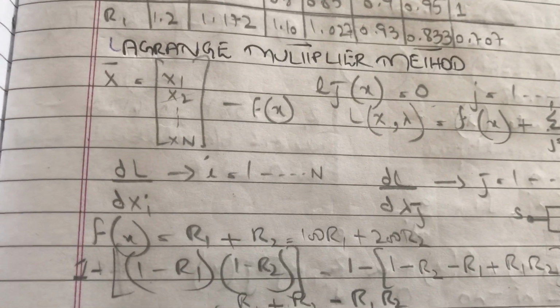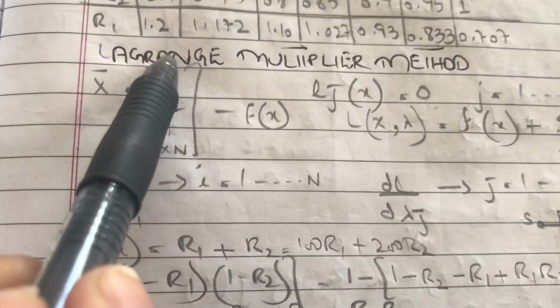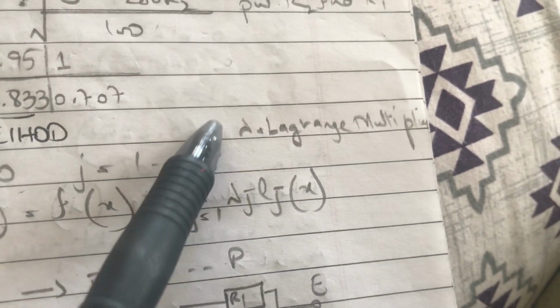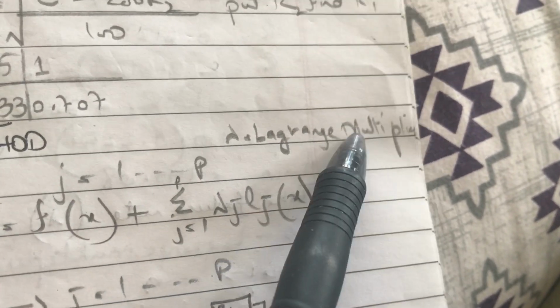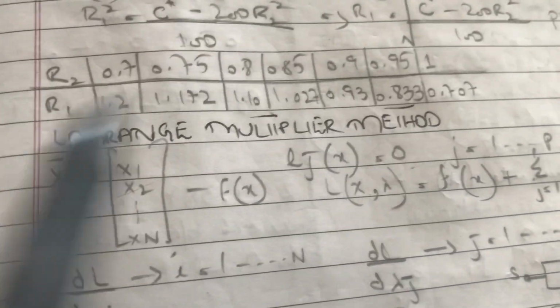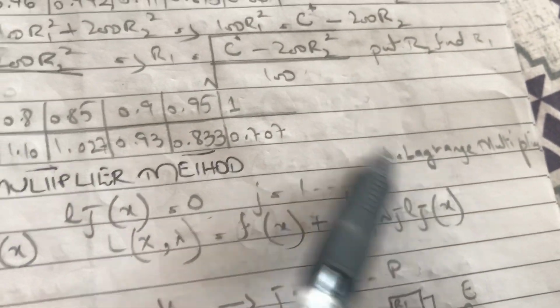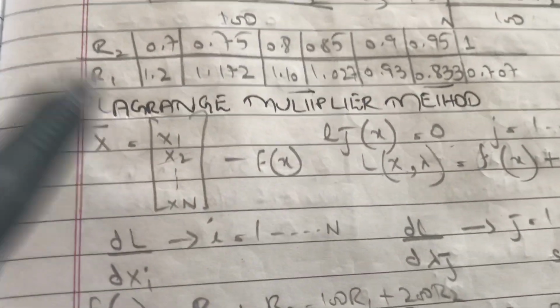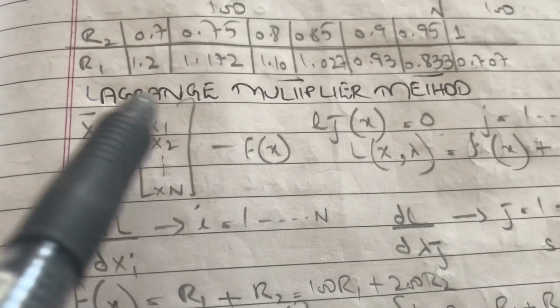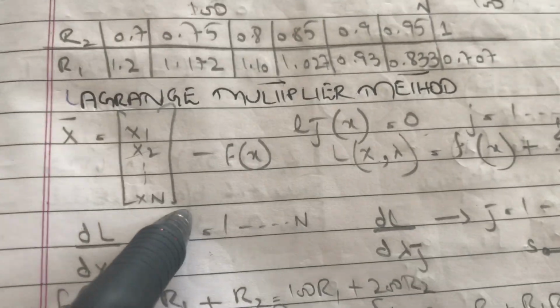Now we have another topic, the Lagrange multiplier method, and how it is represented. By lambda we represent our Lagrange multiplier. Okay, and this is its symbol. Here also we have a random variable x that has the limit from x1 to xn, and